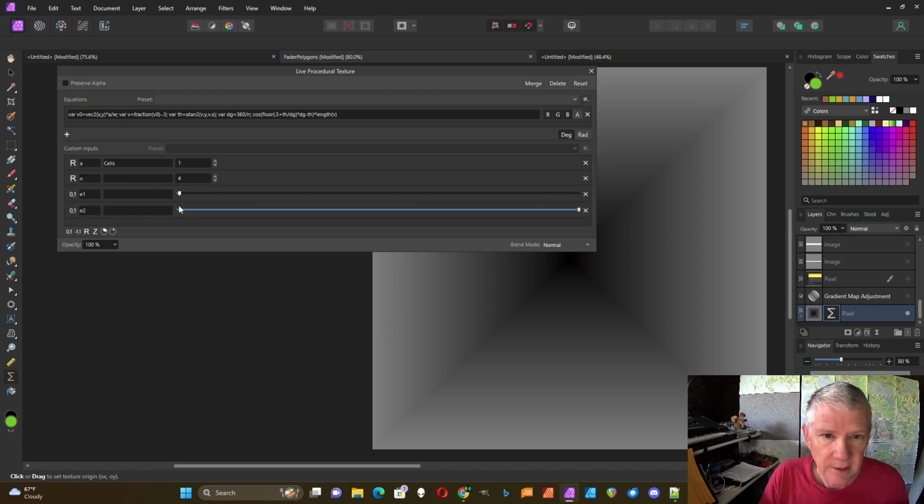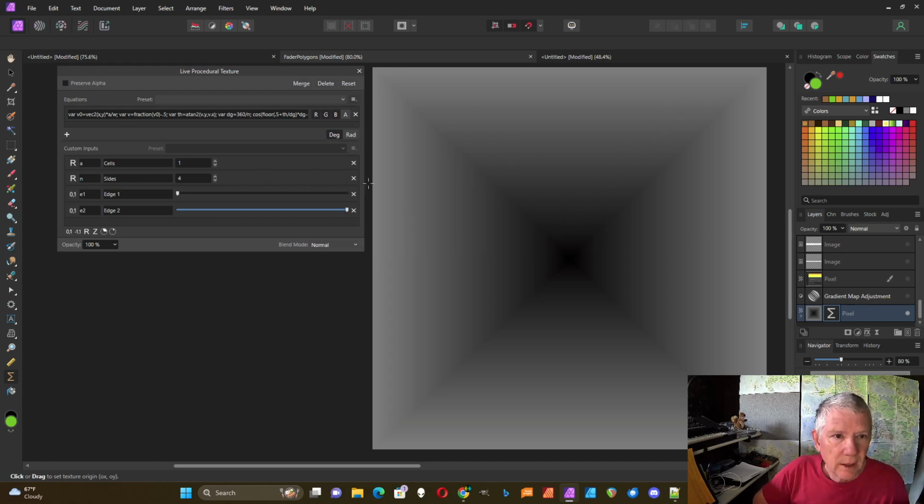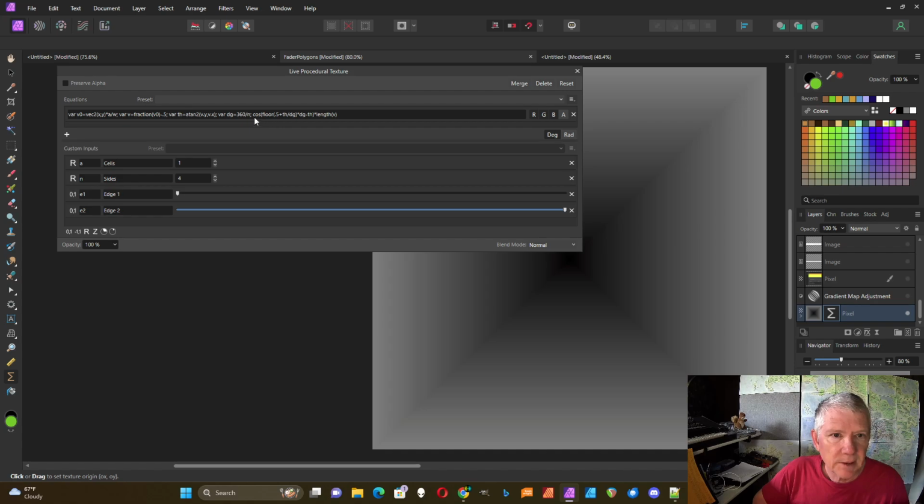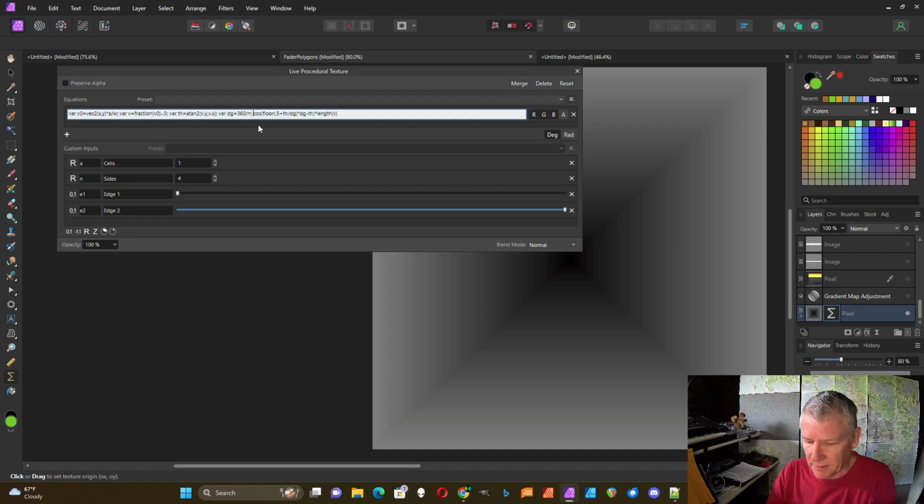I'm going to set edge 1 down to 0. Oh, this I'm going to call the sides. That's the sides of my polygon. This I'll just call edge 1, and this one I'll call edge 2, like that. Right, and then I have to add my function, so that's going to be smoothstep of E1, comma, E2, comma, and then a parentheses around this whole thing,